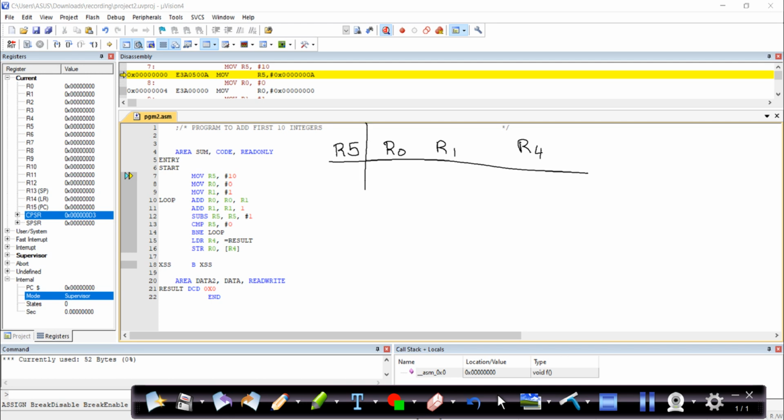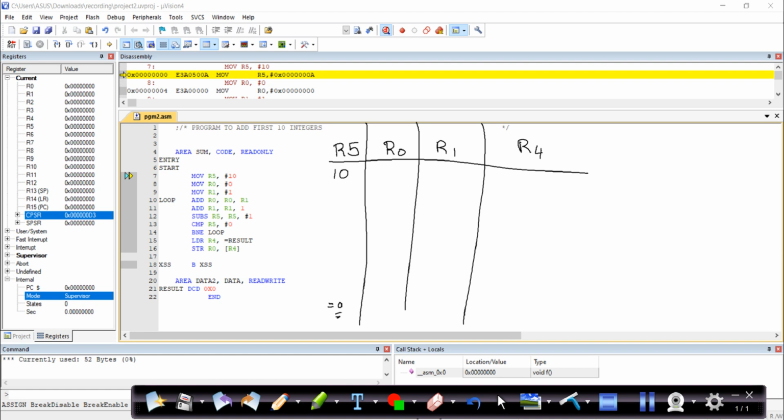In my first step: MOV R5, #10. R5 is used as your counter register, so it is set to 10. It starts decrementing, and whenever your R5 value is equal to 0, it stops its execution.